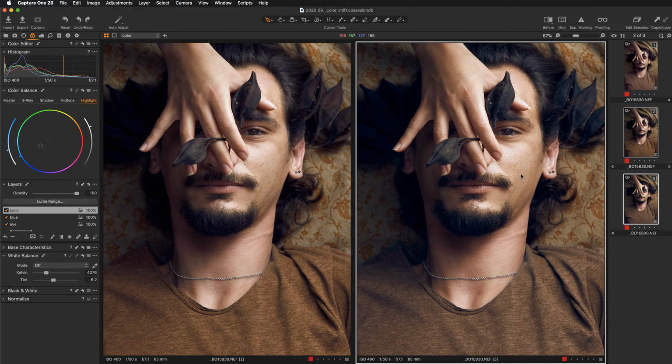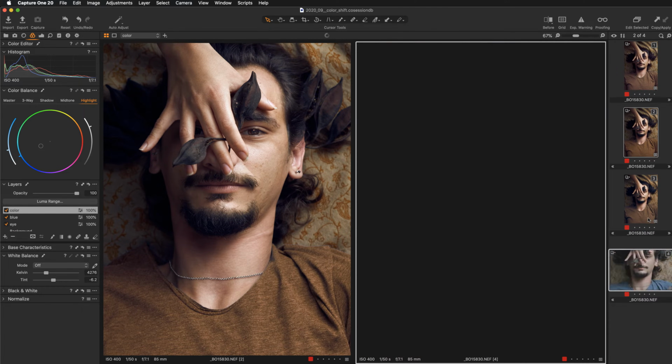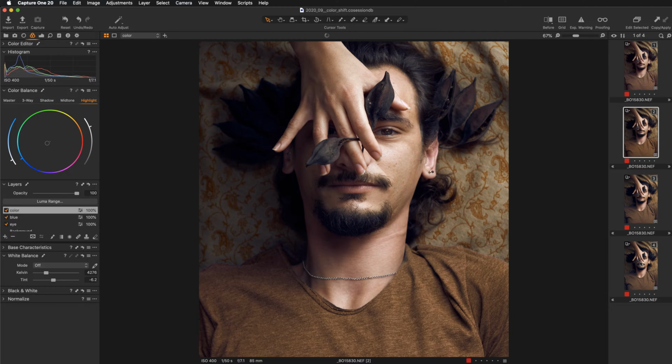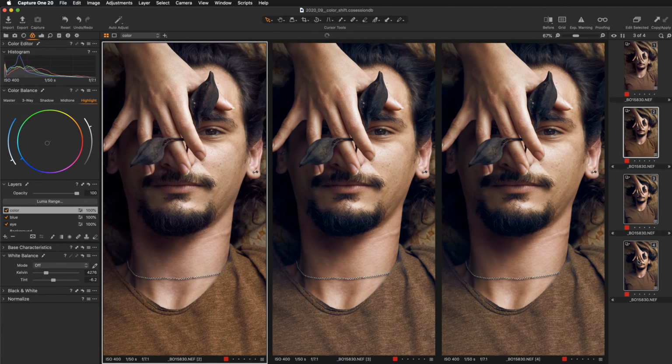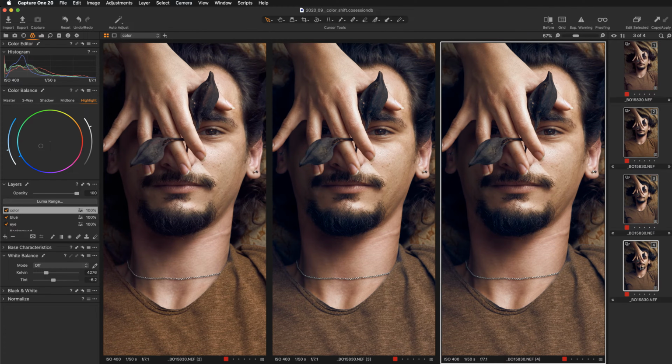So now we are on this image, we can right click. This is what I'm doing. Very often I create another clone variant, so I like to see all of them in one row. So with the Command key I have clicked on these three images, and then I can experiment further. Being here on my color layer, in the color balance tool, I can do something different. So let's go for the master channel,